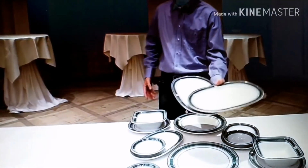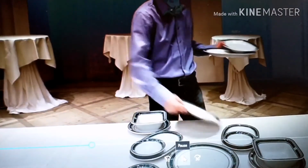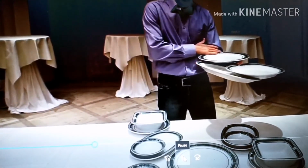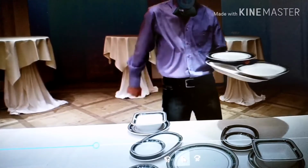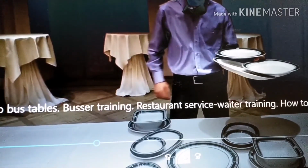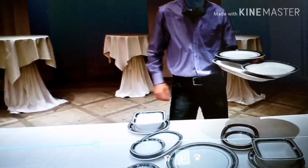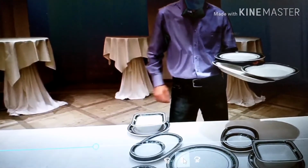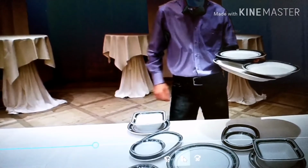Two plates. Create a platform. And put the main plate on your hands and on the second plate. ใบที่ 3 ก็จะอยู่บนแขนเราครับ แล้วก็อยู่บนใบที่ 2 เท่านั้นนะครับ เดี๋ยวลองดูต่อครับ